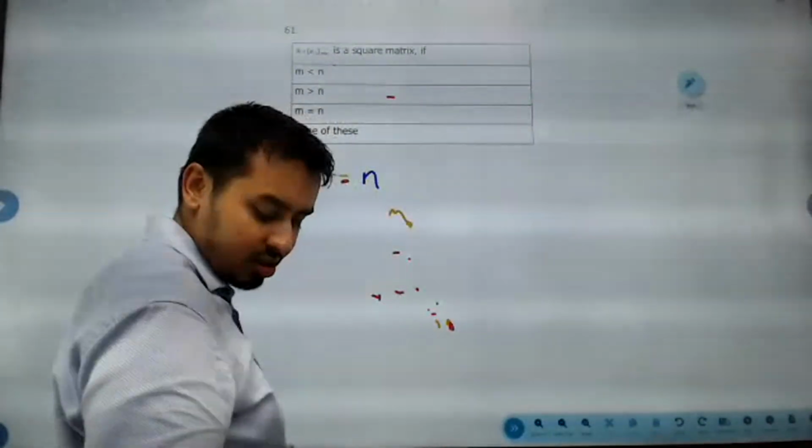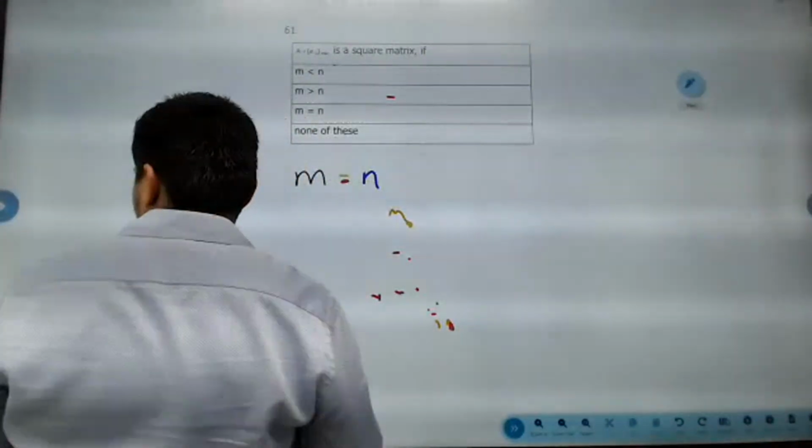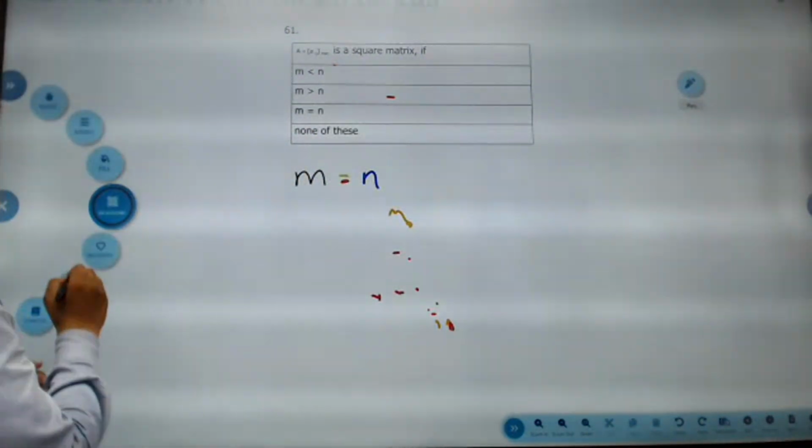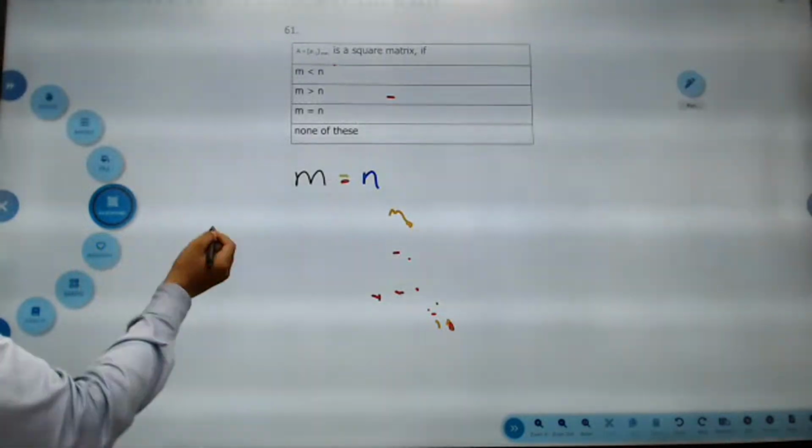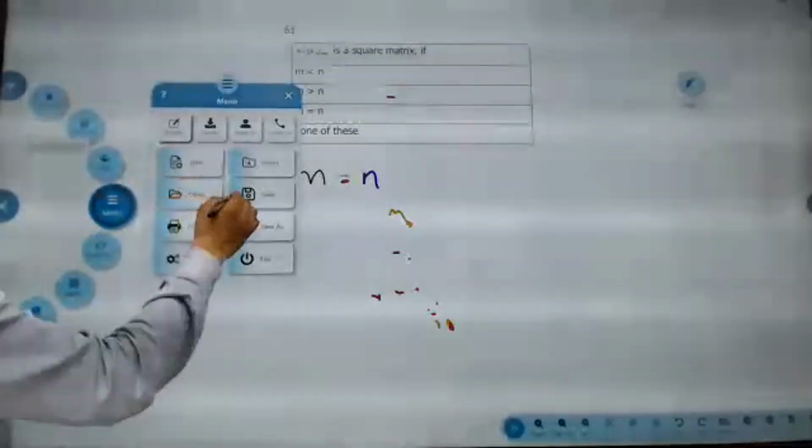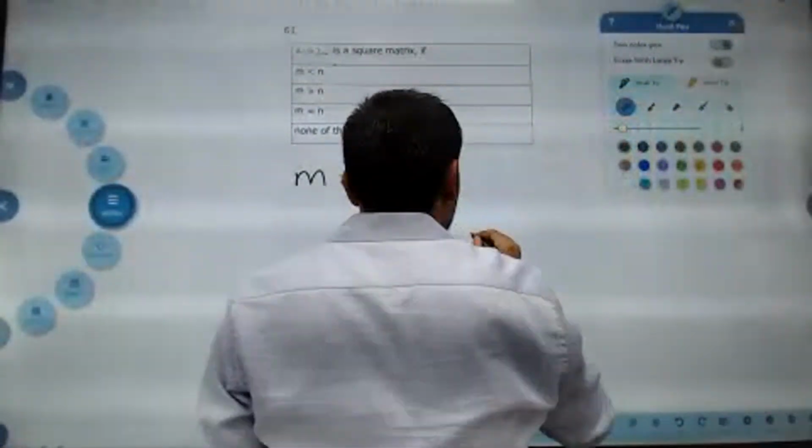No, so you use that only. You use that option. Menu. Pen, sorry, pen. Here. Yeah. Black only, but